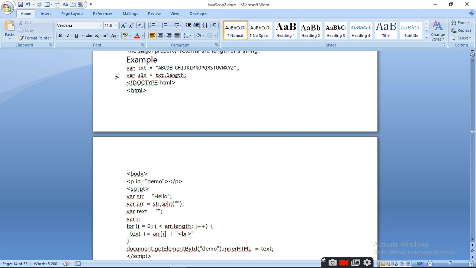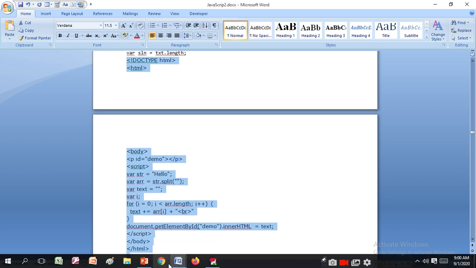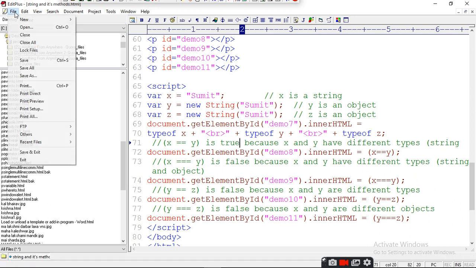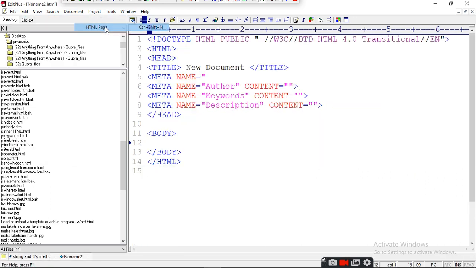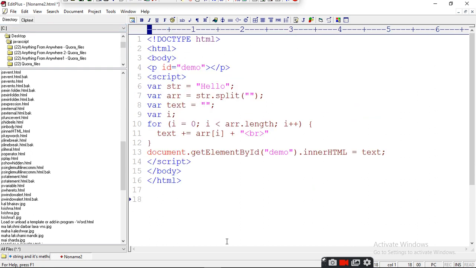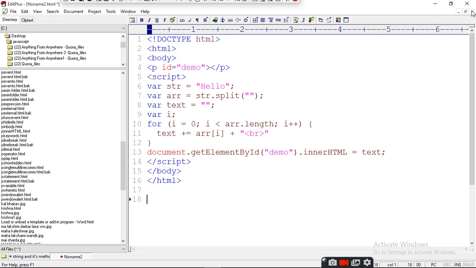How it will work, I will show you. Now find out how it will work. Hello. It is splitting your string into single characters.